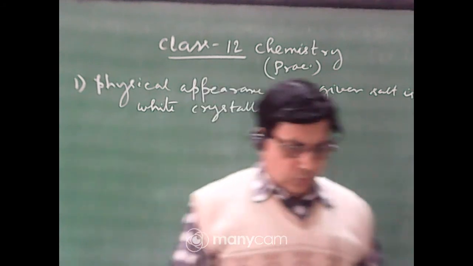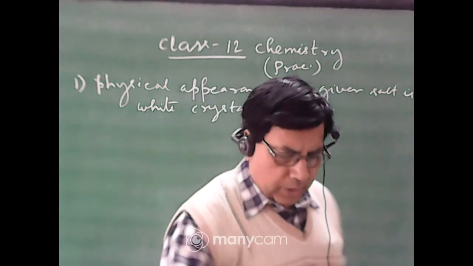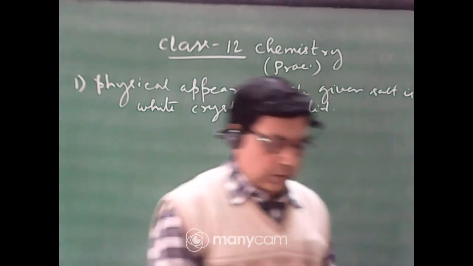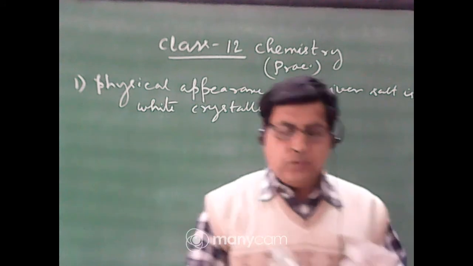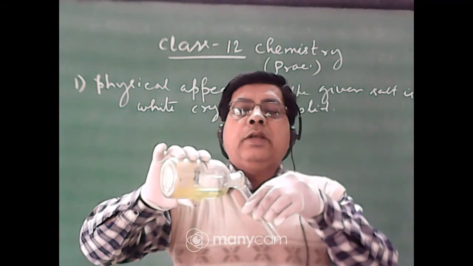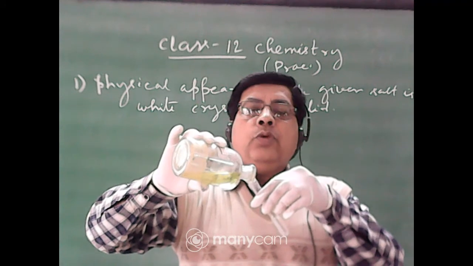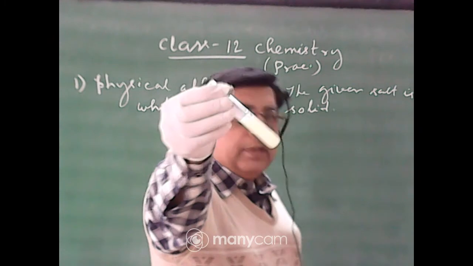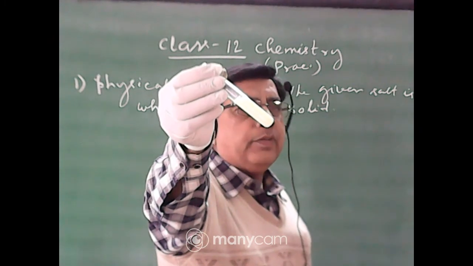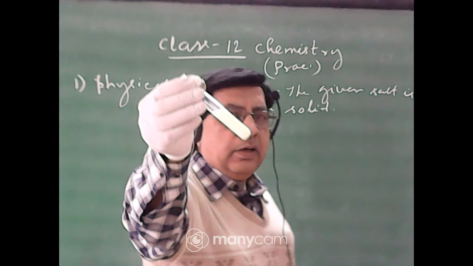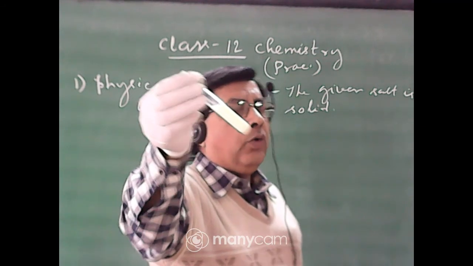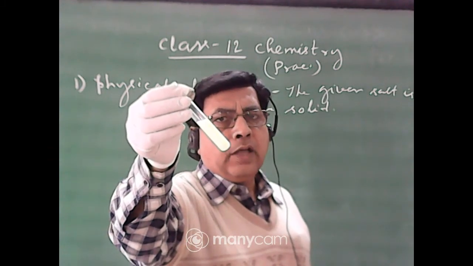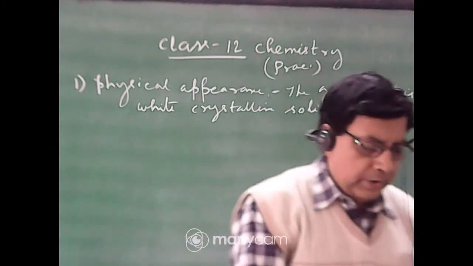To confirm whether it is zinc ion or not, zinc has two confirmatory tests. One is potassium ferrocyanide, K4[Fe(CN)6]. If a bluish white precipitate is formed, this confirms the presence of zinc. It is the main confirmatory test for zinc ion. When we add potassium ferrocyanide, a bluish white precipitate of zinc ferrocyanide is formed. This is one important test for zinc ion.